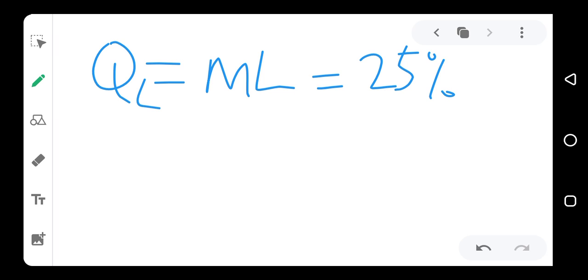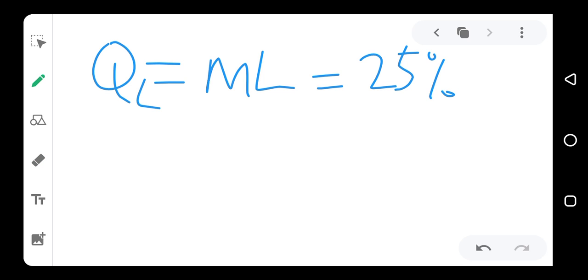Let's say that the total heat supplied is QT. So let's just leave it as 25%, knowing that it is 25% of the total heat supplied, and that is the latent heat energy here. Now let's calculate this. Let's determine this 25%. We can determine this 25% since we know our L and we know our M.